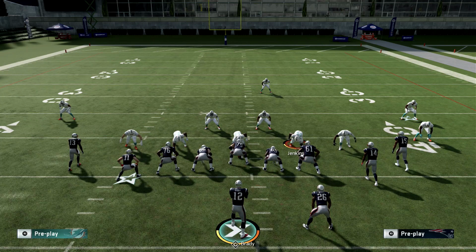But I think this is very important, mainly because I feel like a lot of people are just reading the full field and they don't really know what they're doing, and they just are honed in on one guy. If that guy's not open, they take a sack or throw an interception. So make sure you go through read 1, 2, 3, 4, 5. Go through your progressions, and you're going to become a better Madden player for this year and